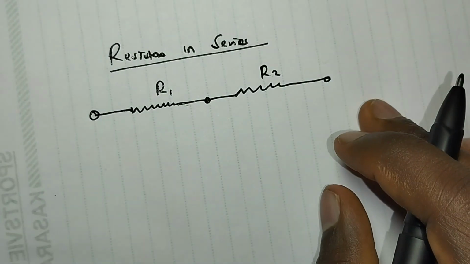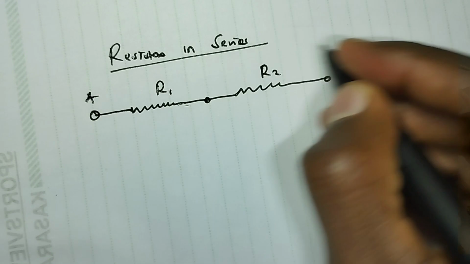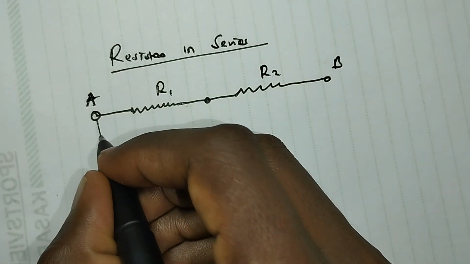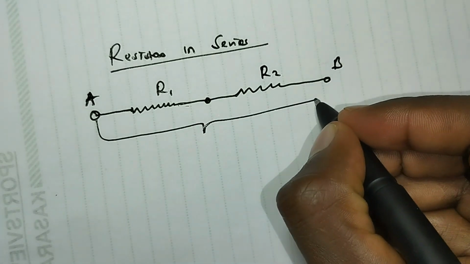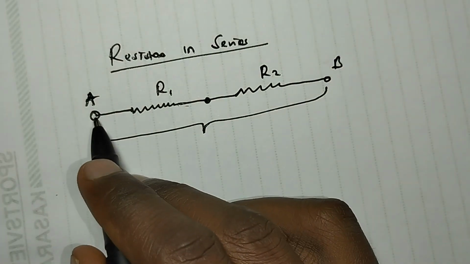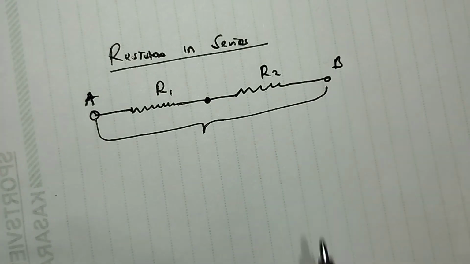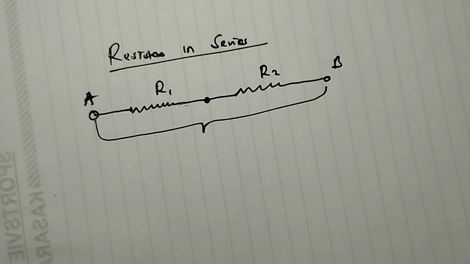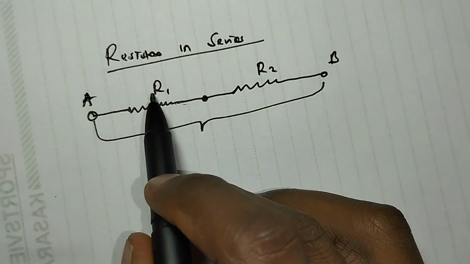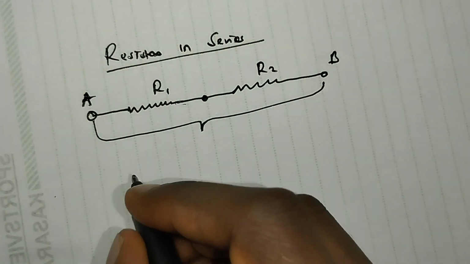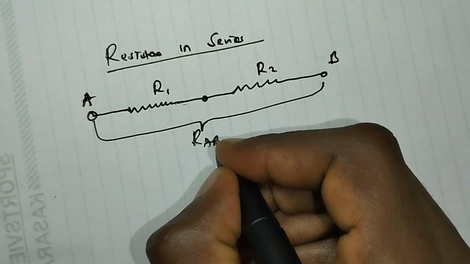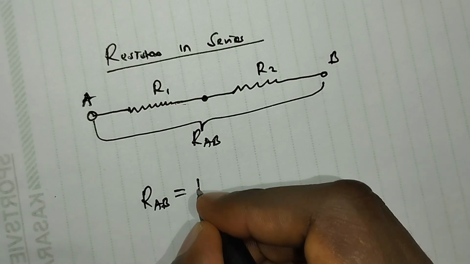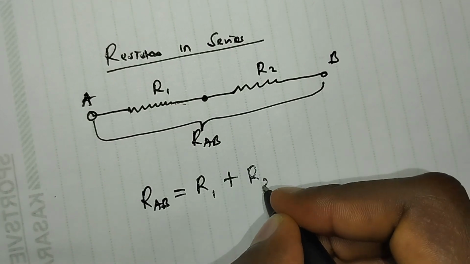They are connected in series. Then you have your points A and B, and you want to calculate the resistance between point A and B. This is the simplest form to calculate, because we are just going to be adding the two values. So our RAB